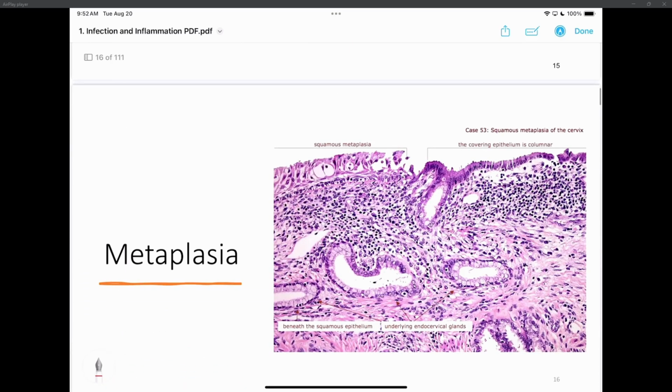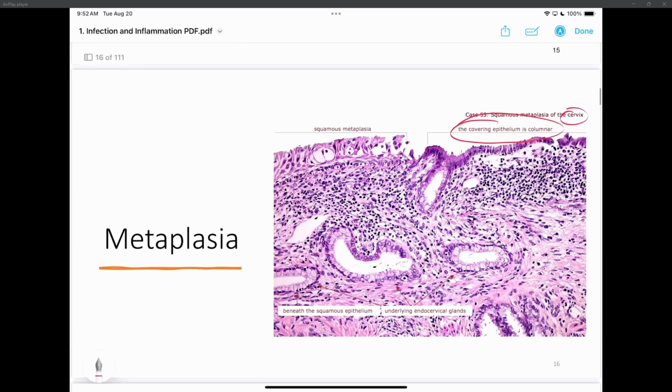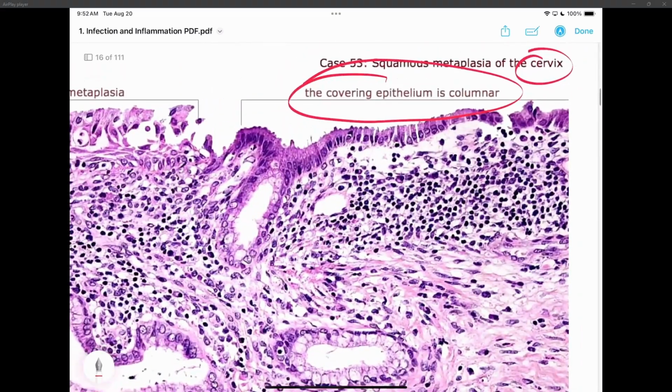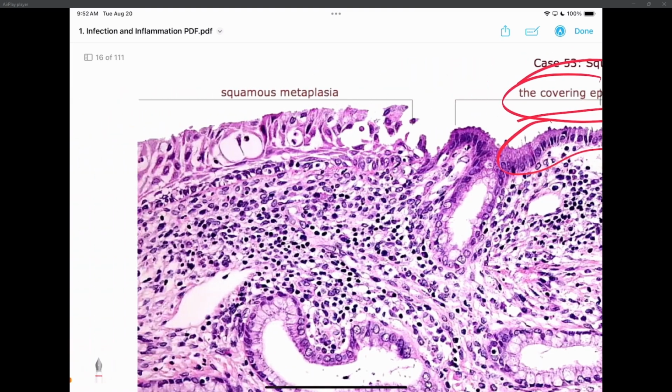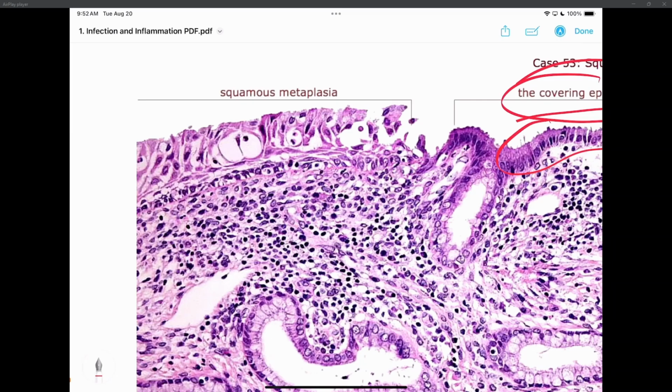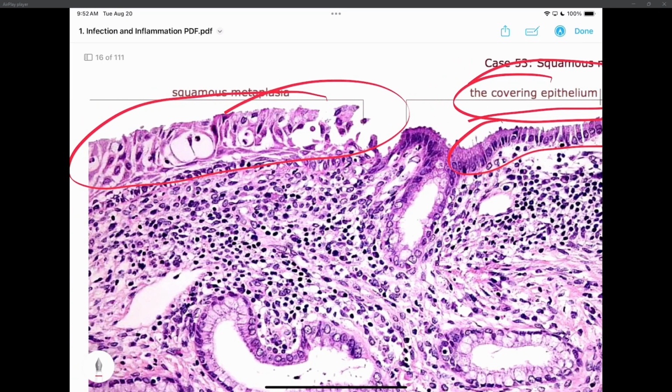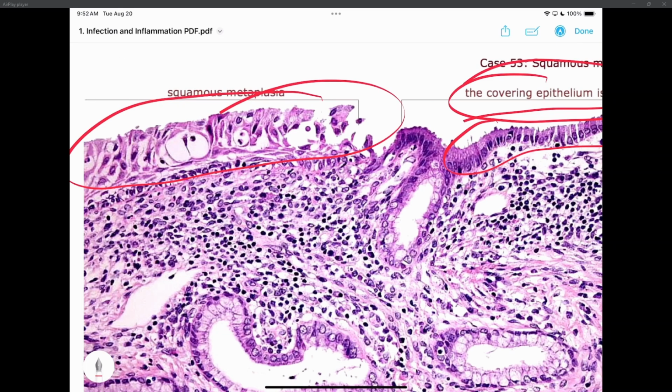Here is an example. This is a cervical swab. So when you get pap smears, they're scraping the cervix to get cells to see what's going on. If you see here, this is the way that it's supposed to be. Okay, covering epithelium is columnar. You can see how nice and even everything is going along that side of those cells. Now, let's look at the squamous metaplasia. Look how disordered everything is here. These cells do not match the same border as the one on the right. This is metaplasia. We're changing cell types with something else.